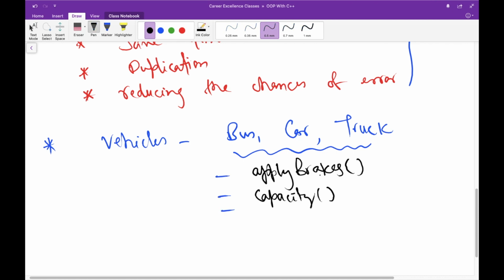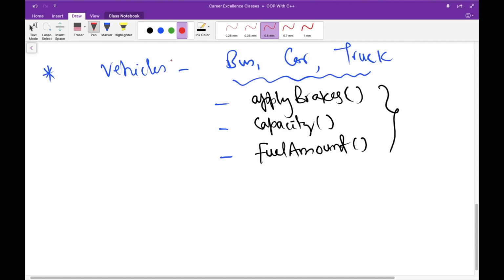One function is apply brakes, another is finding out the capacity of the fuel tank, and the third function is about checking the amount of fuel in the tank of the bus, car, or truck. So just imagine that we are going to avoid inheritance and write code for each of the classes. First we'll write the definition of class bus and then implement all these functions.